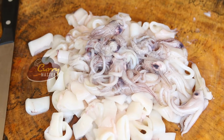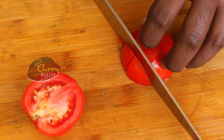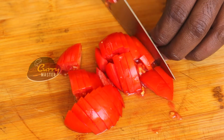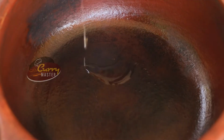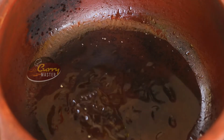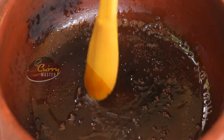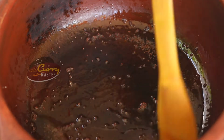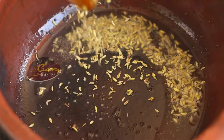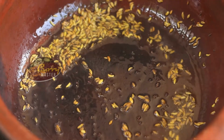After we clean the tentacles, we put them together, and now I'm slicing the onion and tomatoes. As soon as the clay pot is hot, we're adding the oil, mustard seed, fennel seed, onion,